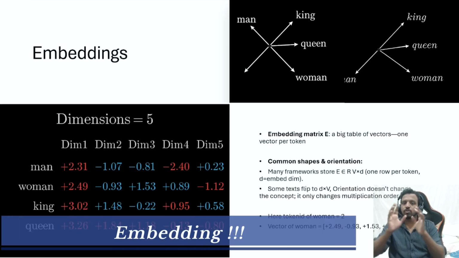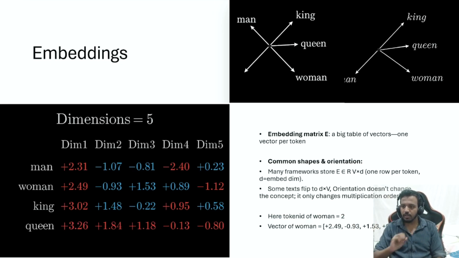Now, how will we do the embedding, and what will we plot in the vector space? To understand that, here I'm taking an example of four words: man, woman, king, queen. First of all, every word, like pizza, needs to be plotted, meaning it needs to have its own